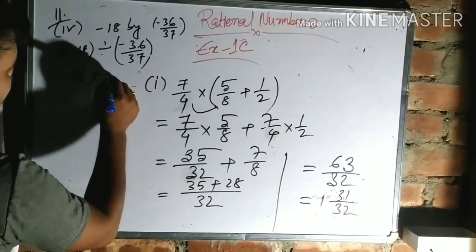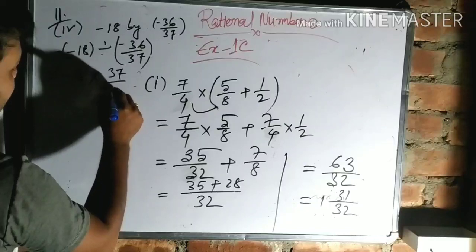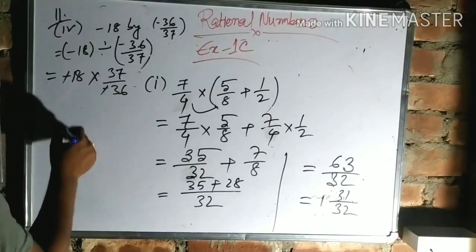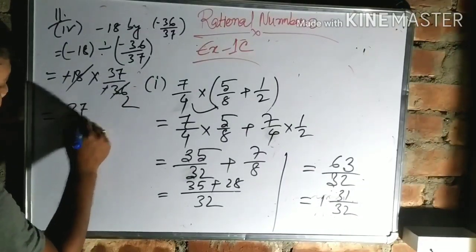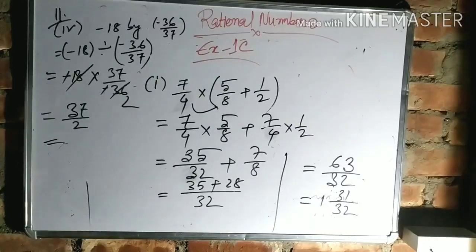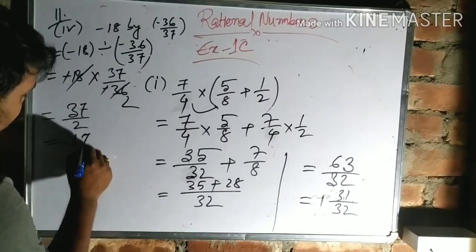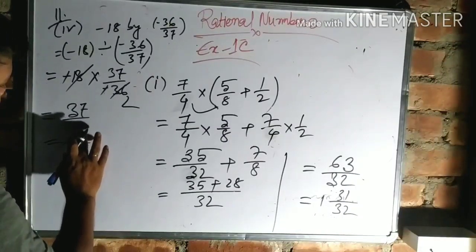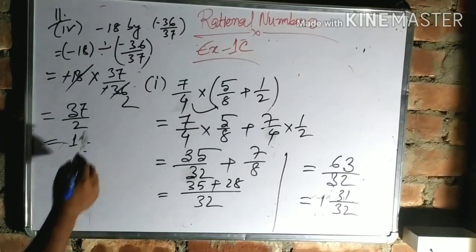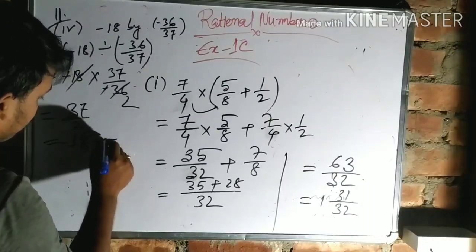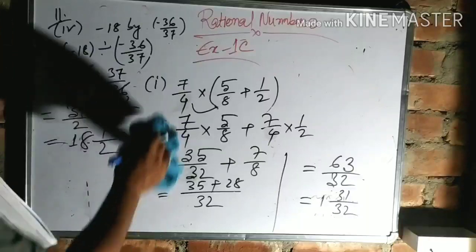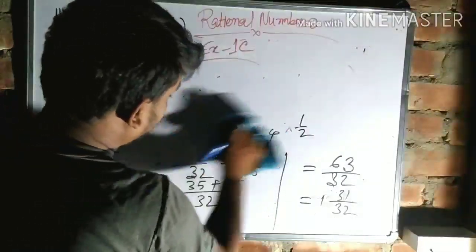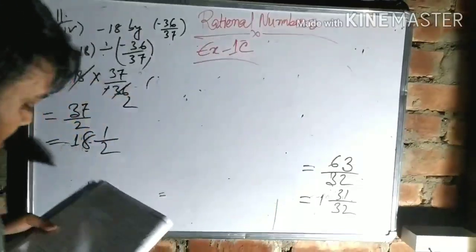So what is the multiplicative inverse of this one? 37 by minus 36. So minus minus will cancel, and 18 goes into 36 twice. So what is the result? 37 by 2. Okay, division is also similar. So the remaining divisions you can solve at home. And next,